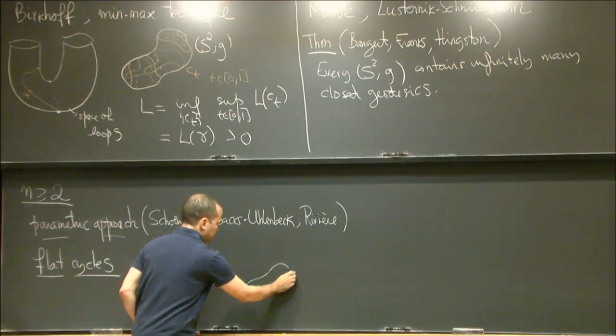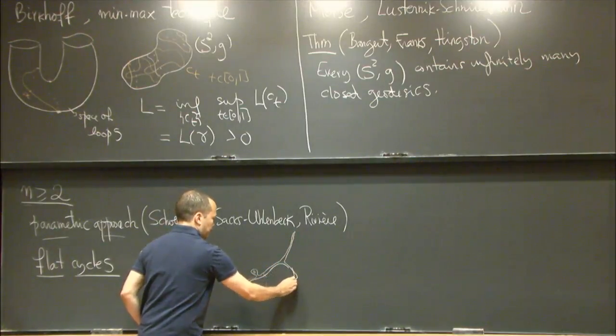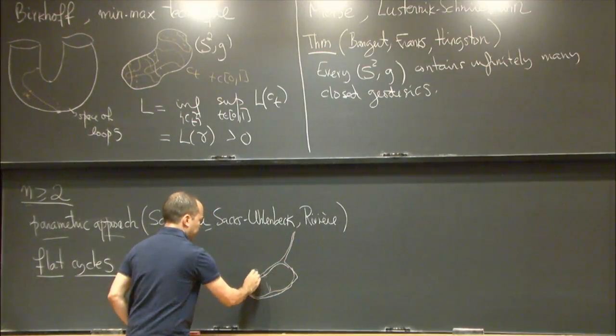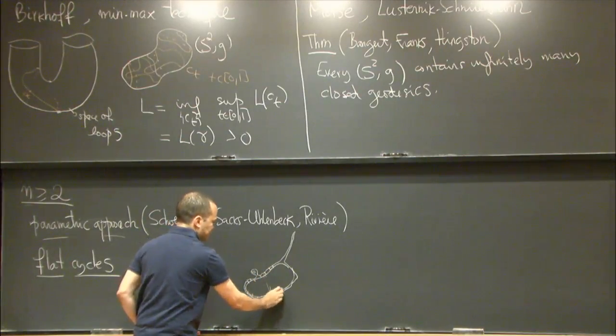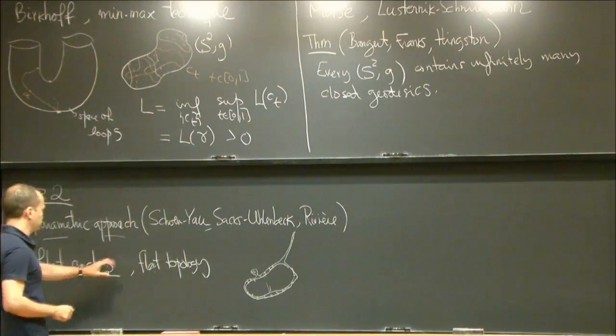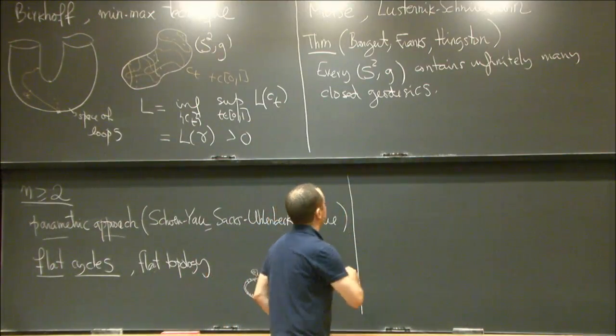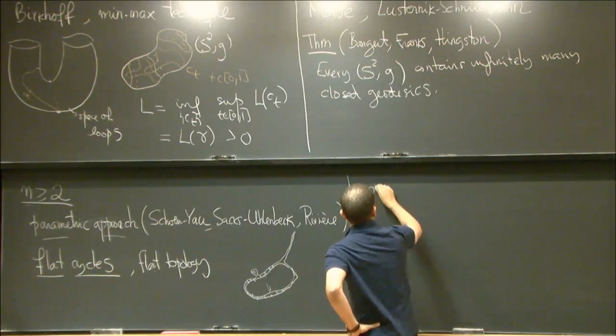So maybe a sphere could be very close to something with genus 1 because you can add a small handle here. And maybe there could be some spike. As long as the volume in between the surfaces is very, very small, there are going to be cycles very close to each other in the flat topology. And the definition is, well, you look at polyhedral surfaces, for instance, there's a notion of boundary, and then you complete that space with respect to the flat topology. So those are called flat cycles. And in fact, one can use flat cycles to define, as Birkhoff did in 2 dimensions, one parameter sweepouts.